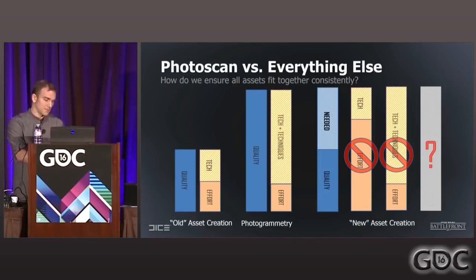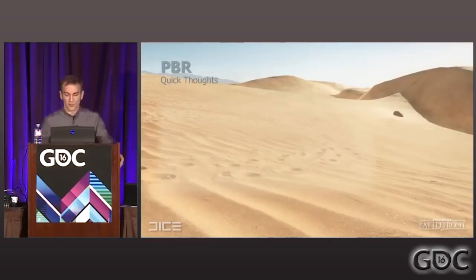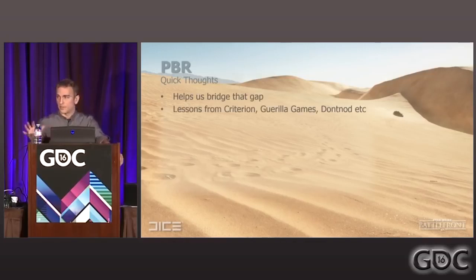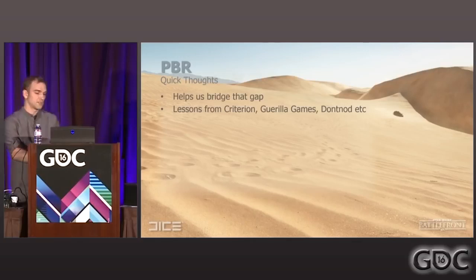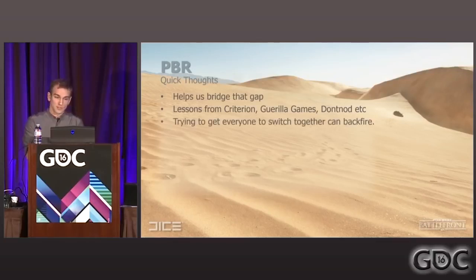So now I'm going to talk a little bit about some of the ways that we worked our photo scanned assets together with our game assets. And one of those was PBR technology, as I mentioned at the outset. Some quick thoughts on this. It is one of those things that helps us bridge the gap. It creates a consistent look because of the way physically based rendering works. I won't go into detail about PBR because that's an entirely separate subject. We had the benefit of learning from our predecessors. We were a little bit late in terms of our implementation to the PBR game, so we looked at what other studios had done when they rolled out this technology, and we were able to learn from that.